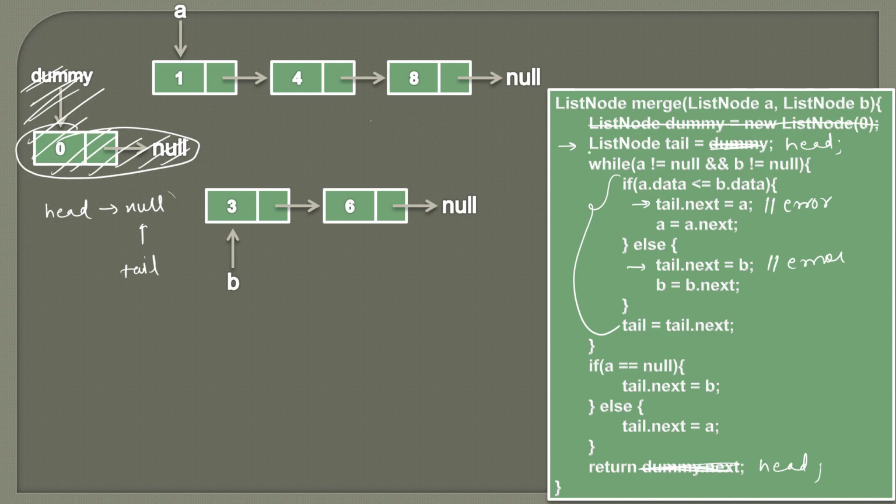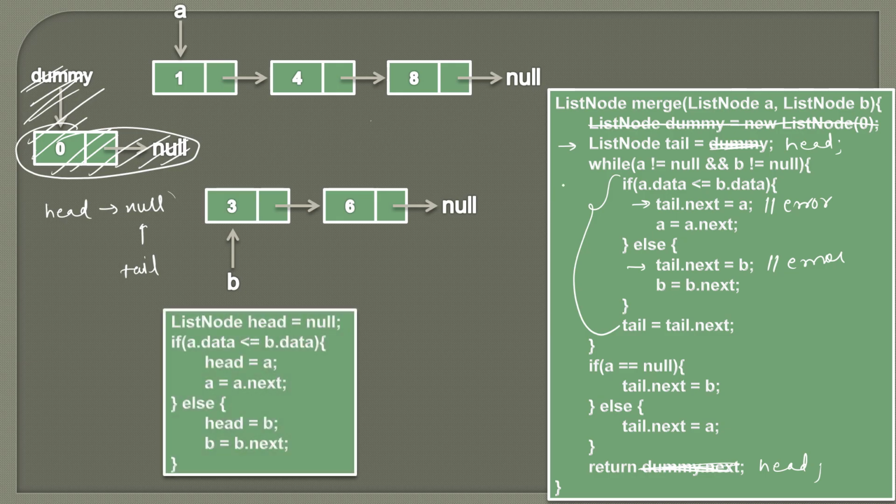What we do is, for the first time, we just check for one of the nodes. So this check which we are doing in the while block, we have to do for the first comparison so that we can get one concrete node in the heap. So we have to write some extra logic. Here you can see, before the while block and this tail assignment, we have to write some logic like this. These conditions are very much similar to this while block.